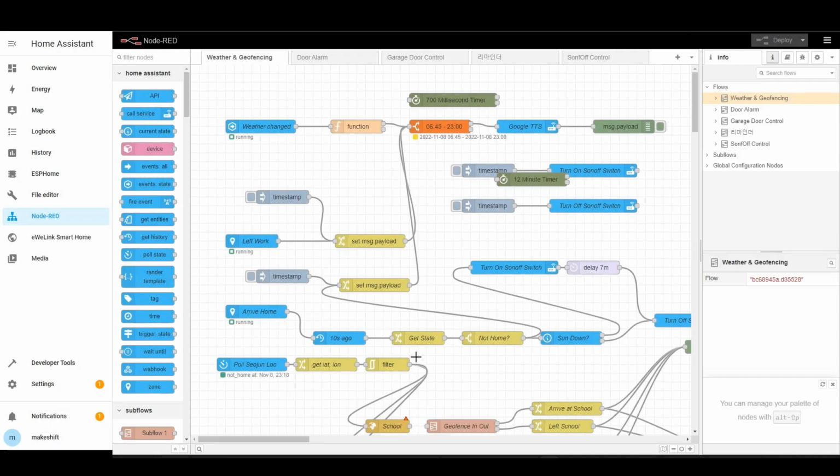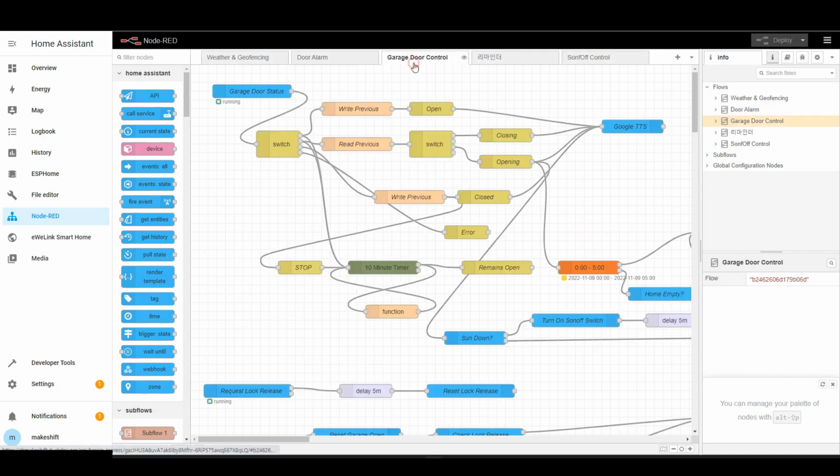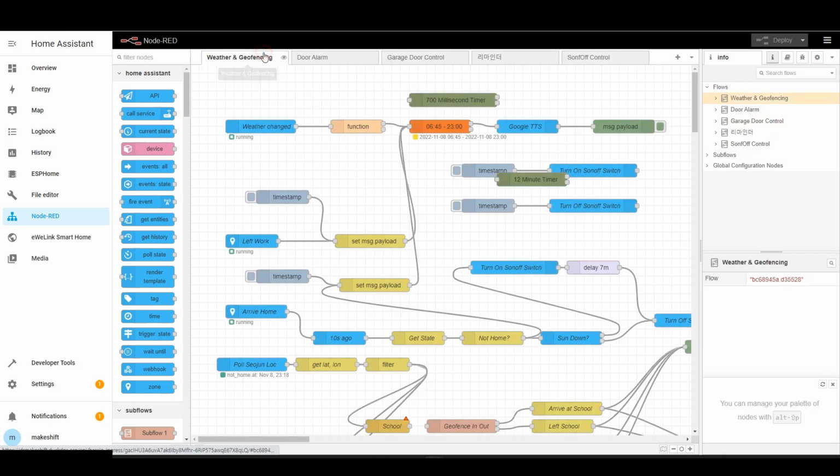Since ESP Home is already handling the switch bouncing, I will delete the switch bouncing prevention logic on the Node-RED side, which relies on the stop timer node. In the past, I made 7 subflows for 7 doors, and there were stop timer nodes in each subflow. However, as we saw earlier, the stop timer node was removed from the Node-RED update, and it was manually reinstalled by me.